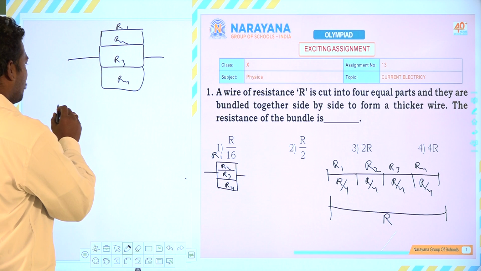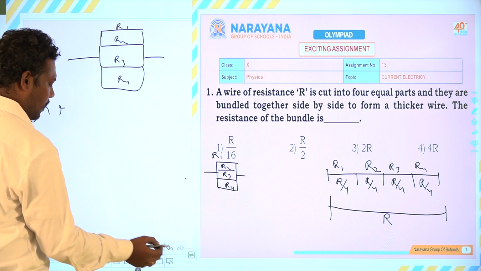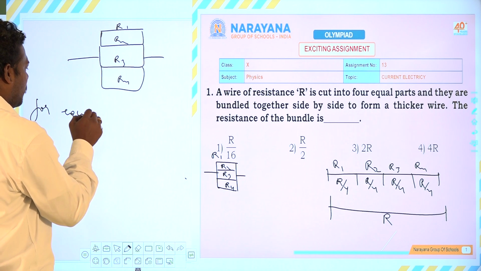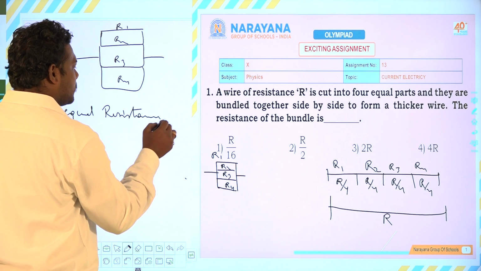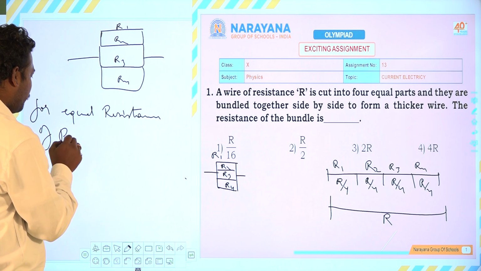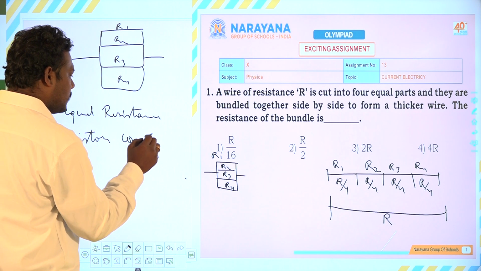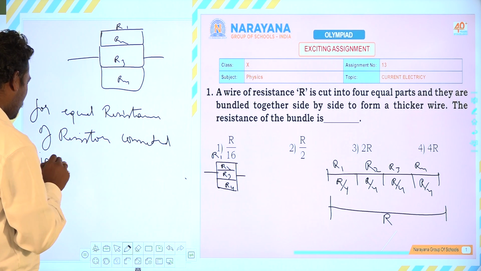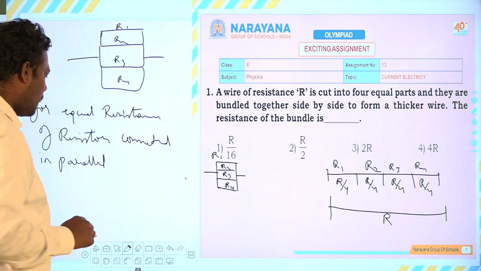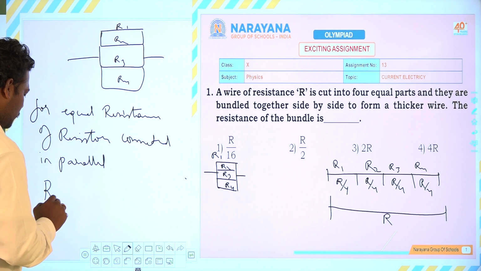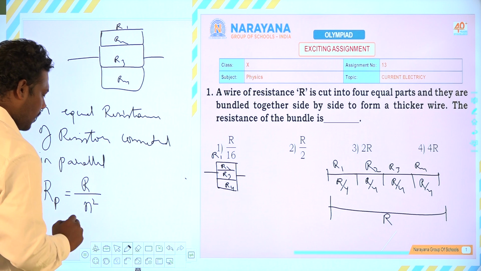So for equal resistors connected in parallel, we have a direct formula, that is R parallel is equal to R by N square, where N is